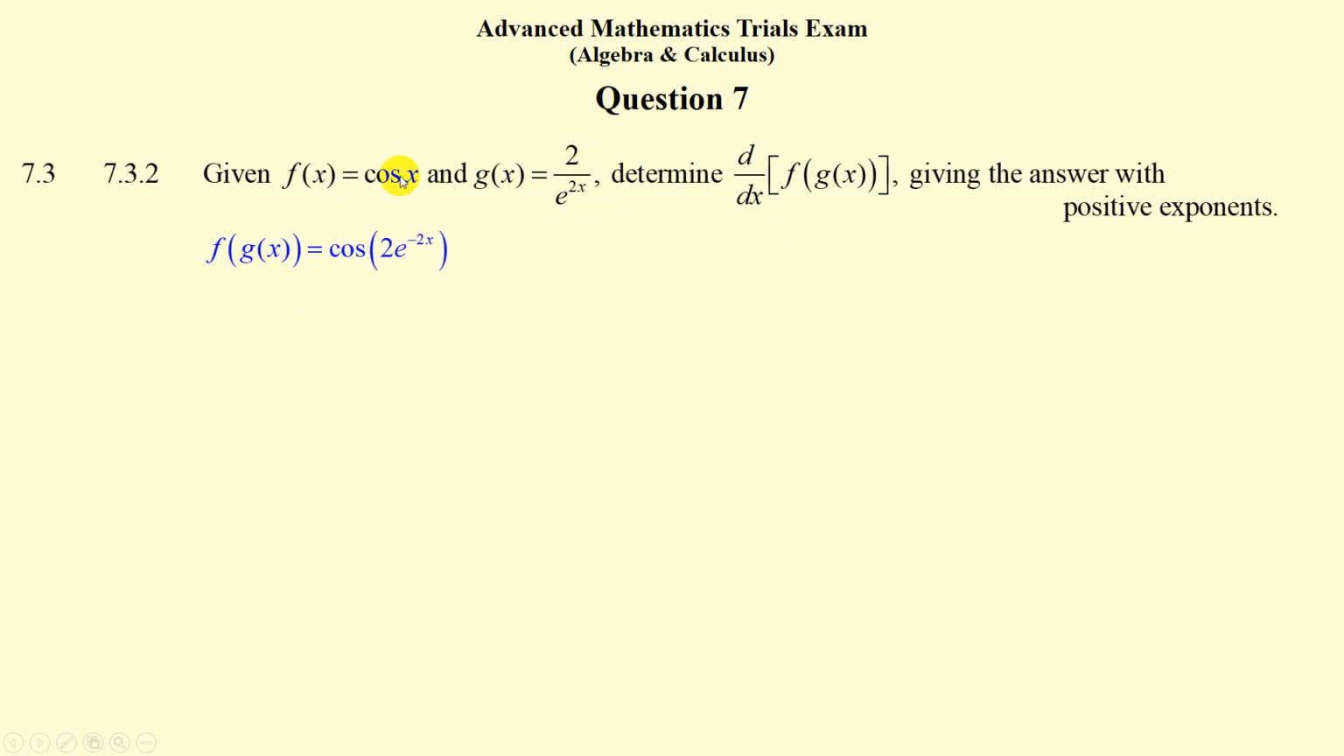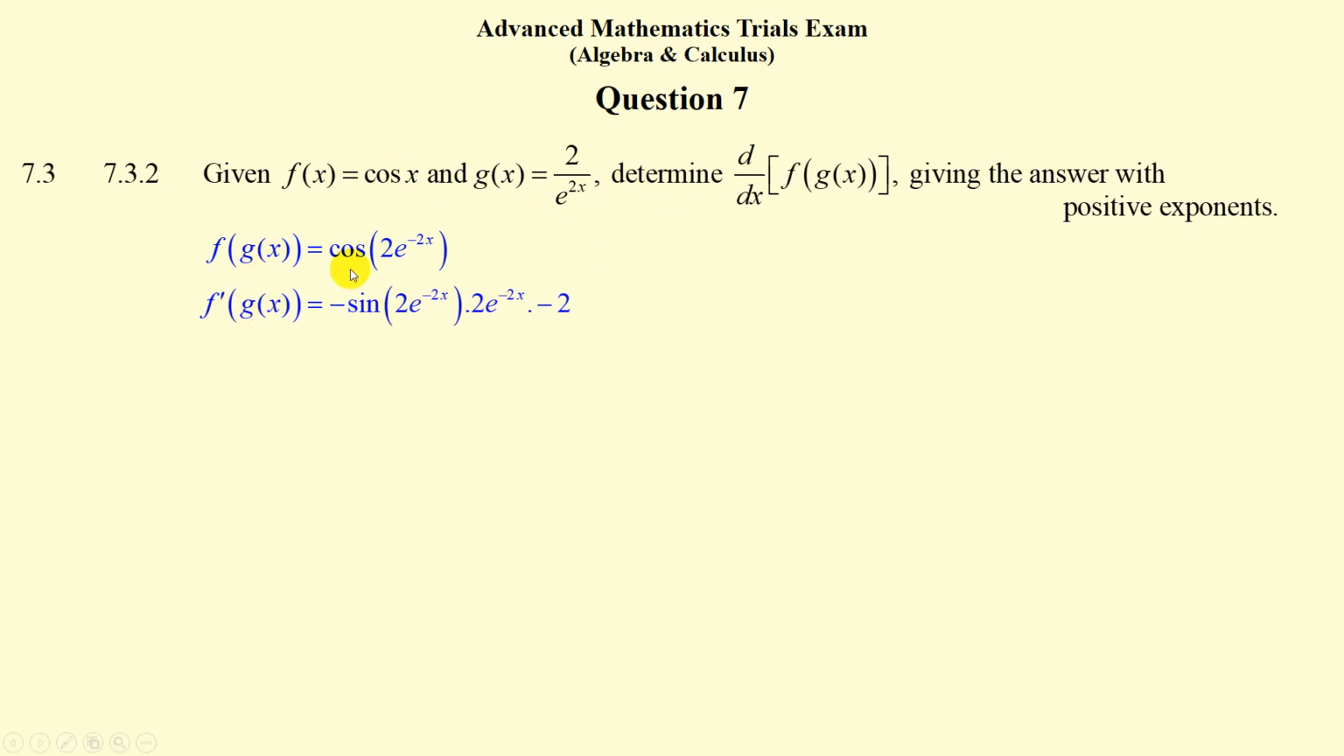So x must be replaced with whatever g of x is equal to. So there we are. f of g of x is equal to, f is the outside function, so still cos, but instead of x we'll have 2 over e to the 2x, or 2e to the minus 2x. Derivative now